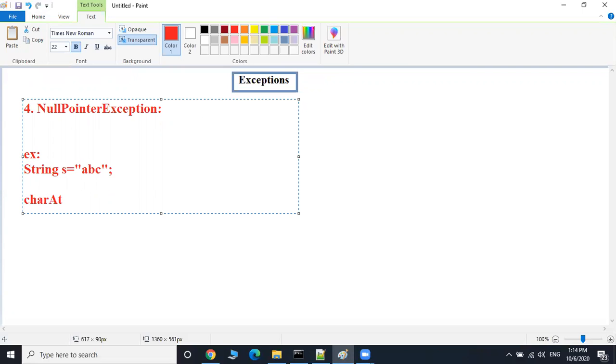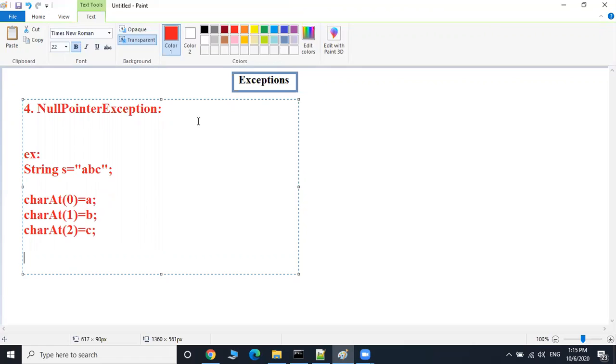There is a string method called charAt, with an integer location. The character at location 0 is a, the character at location 1 is b, and the character at location 2 is c.